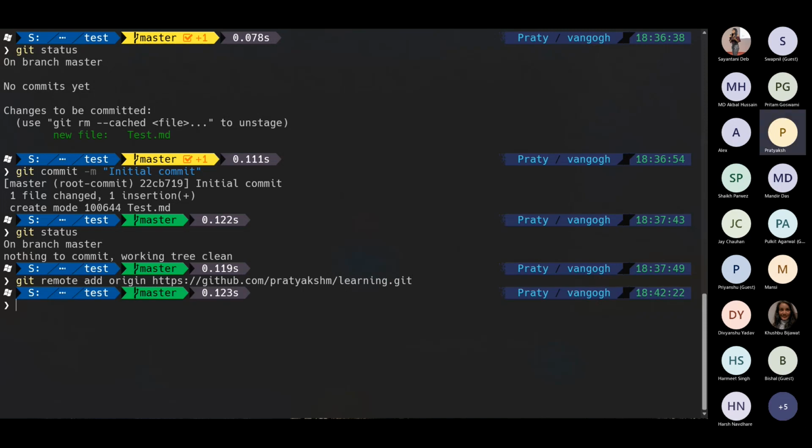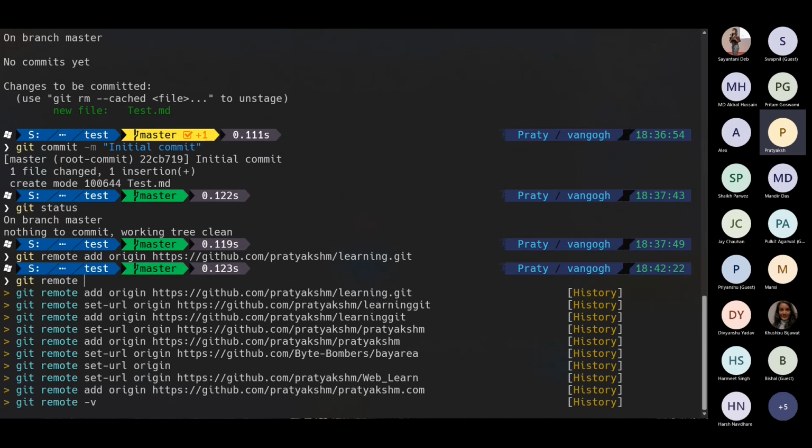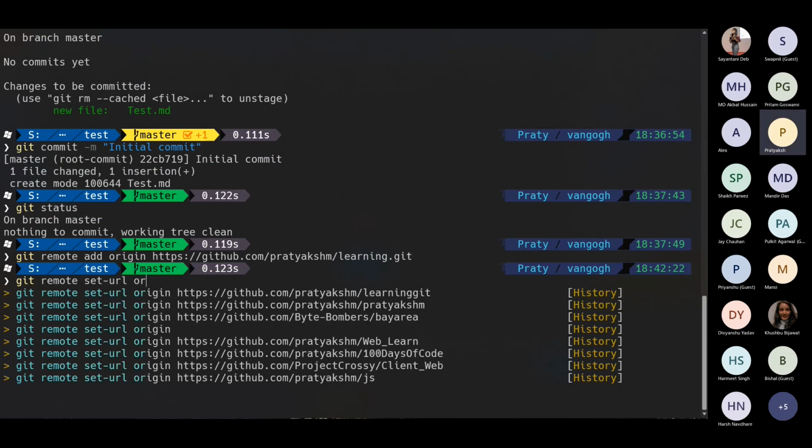It's simply adding the URL to its index, adding the location of the repo in the cloud to its index, but it's not doing any changes to any files at all. Now, once I've told Git to add this to your index, the next thing that we are going to do is git remote set-url origin,